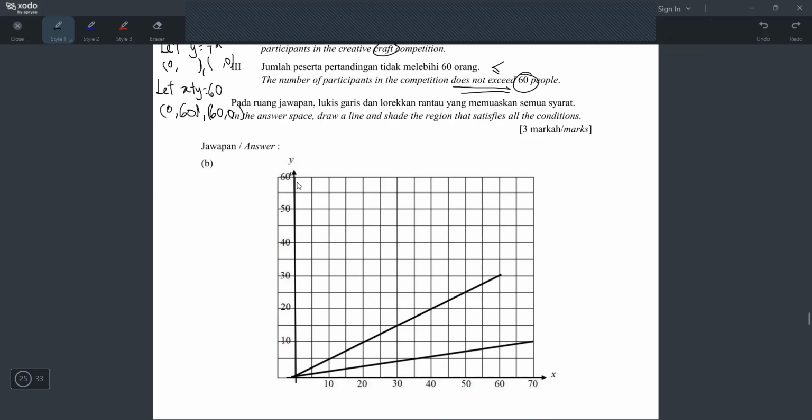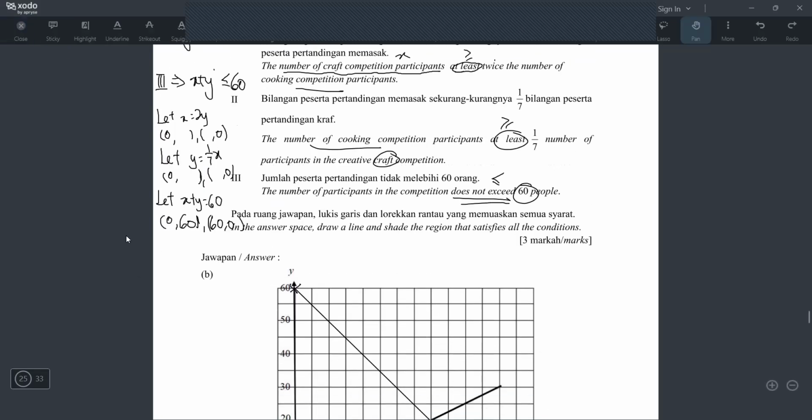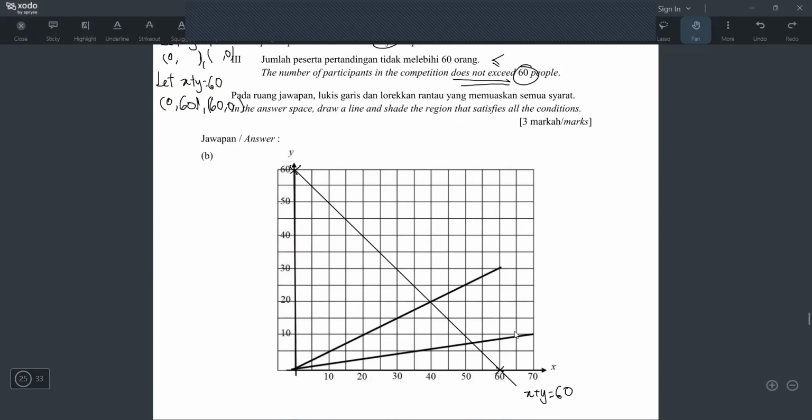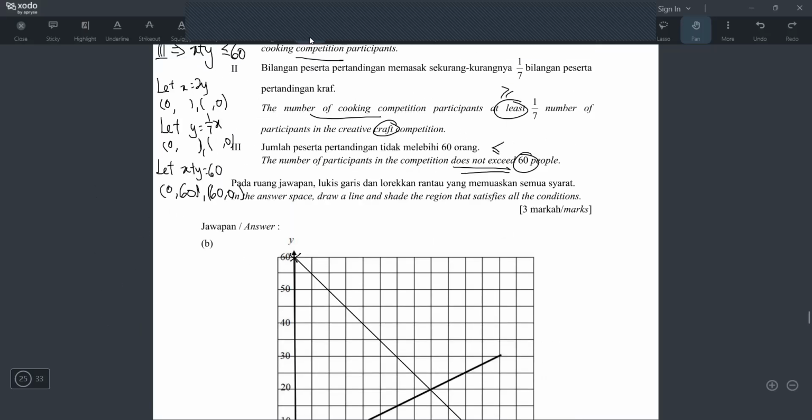So why not I draw it now? 0, 60 is here, 60, 0 is here. So now you just draw one line, and then it's done. Don't forget to write the equation X plus Y equals 60. I don't think I have to waste my time finding these points, because I already know they belong to the given line. But I think I have to find them, you know why? Because I have to label which one is X equals 2Y, but they never labelled it for me. So even though they already drew it, I still find the points so that I know which point is which.